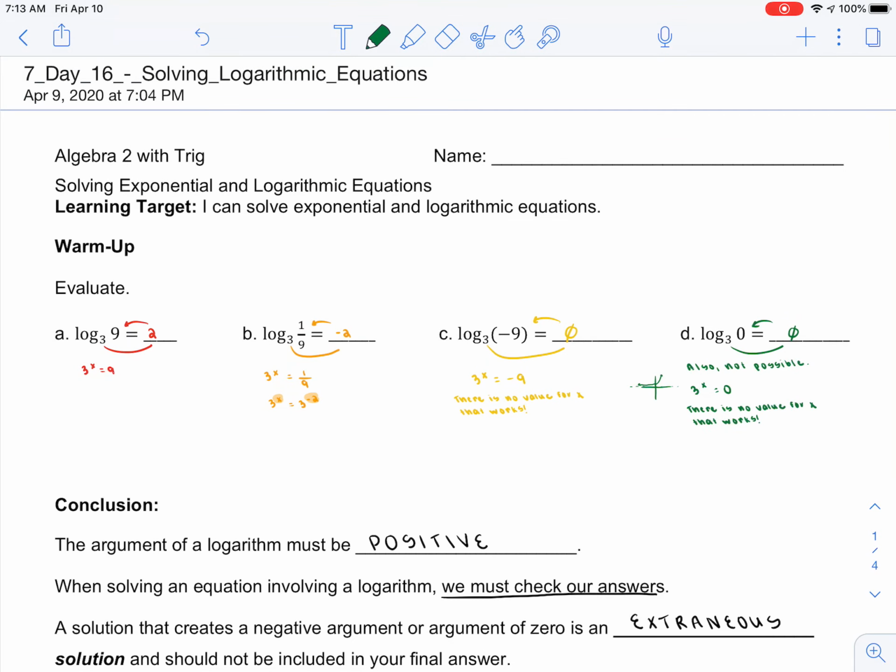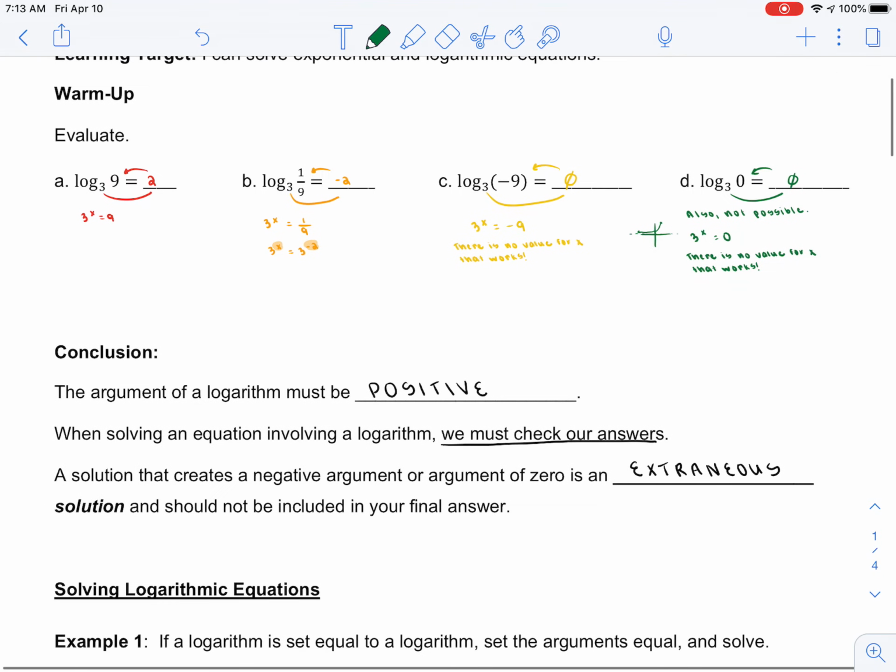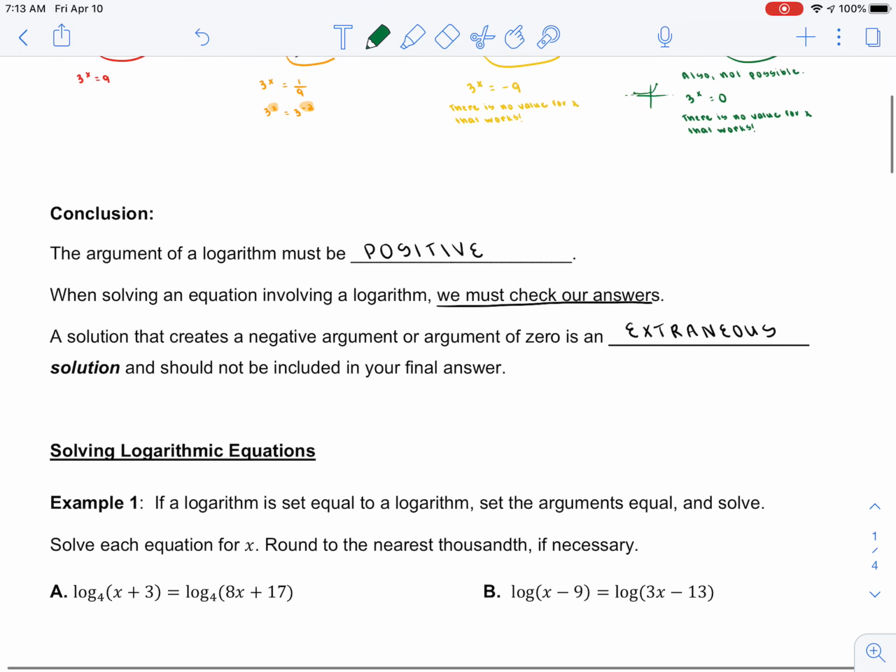But what we're going to do is get into the next part of the notes for today. So in conclusion, if you are looking at the argument of a log,